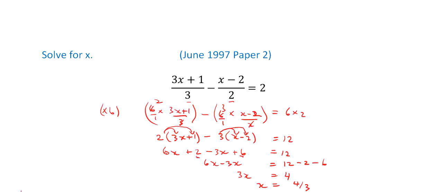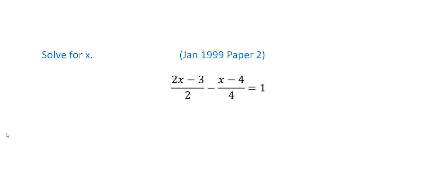Let's look at another example. So this is from the January 99 paper. We need to find the LCM of 2 and 4. Right? And the LCM of 2 and 4 is 4. So we multiply every single term by 4, as in all the previous examples. Right? So this will be 4 over 1 multiplied by 2x minus 3 over 2